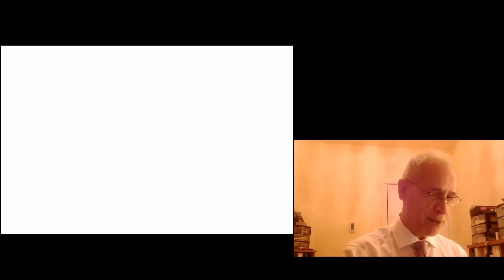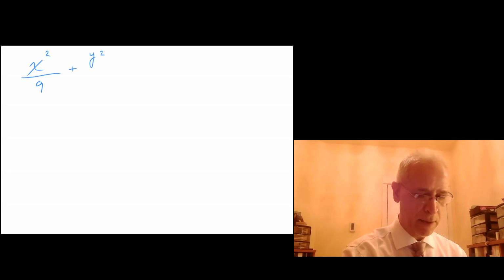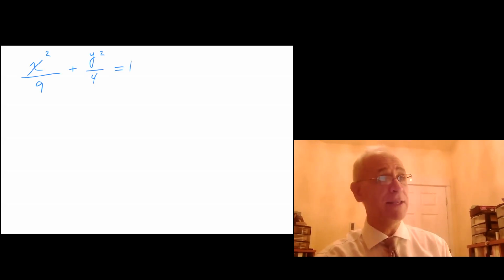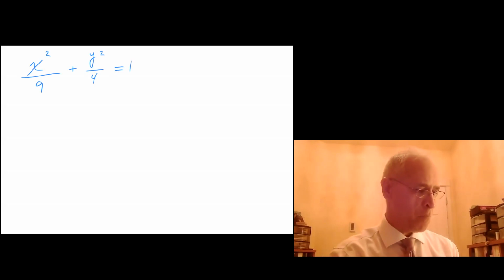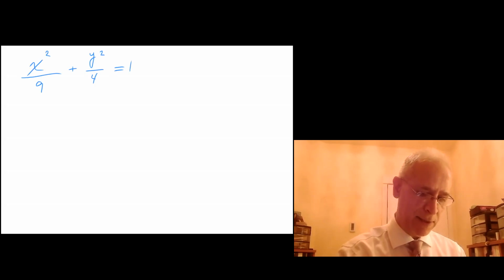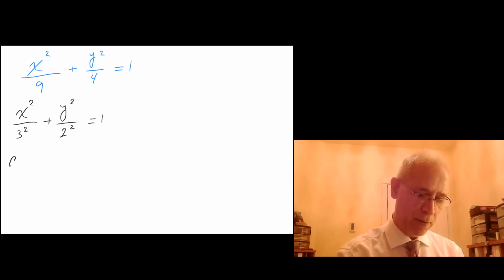Let's start with something really simple, such as x squared over 9 plus y squared over 4 equals 1. Not a whole bunch of work I have to do for this one because this is already set equal to 1. For the sake of clarity, let me rewrite this as x squared over 3 squared plus y squared over 2 squared equals 1. So I know a equals 3,